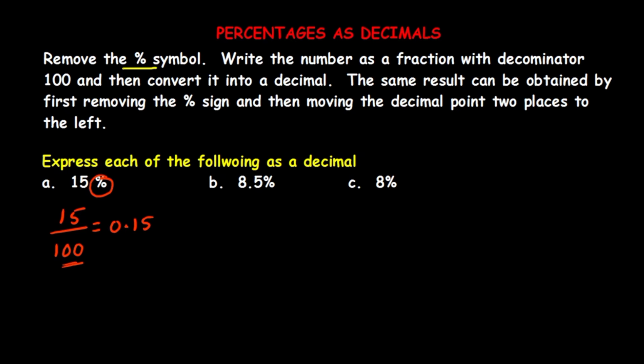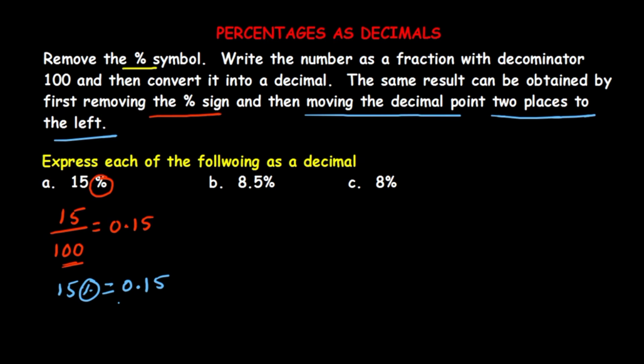And the second model we have discussed here, the same result can be obtained by first removing percentage sign, then moving the decimal point 2 places to the left. So direct answer this one, when we are taking 15%, first remove this percentage and take the point before the 2 digit to the left side. They have given the decimal point should move to the left side, 2 places to the left side, right? That means left side, the 2 places mean we have 1 and 5. Before this one we should get a point and you take here 0, so 0.15. Got it?